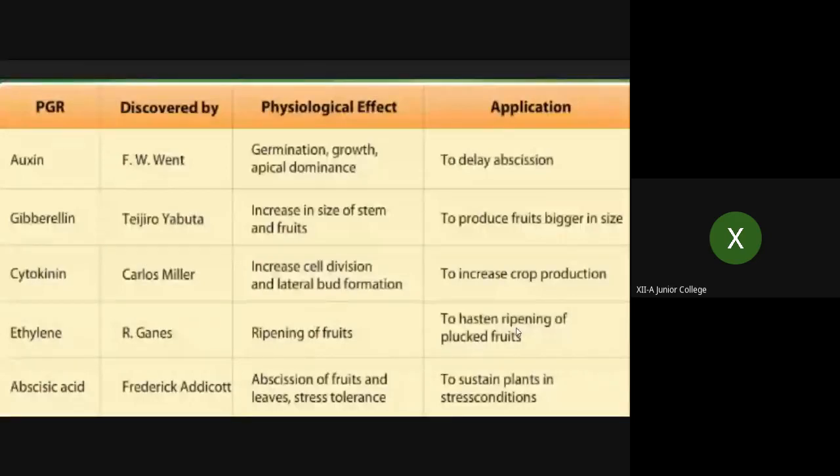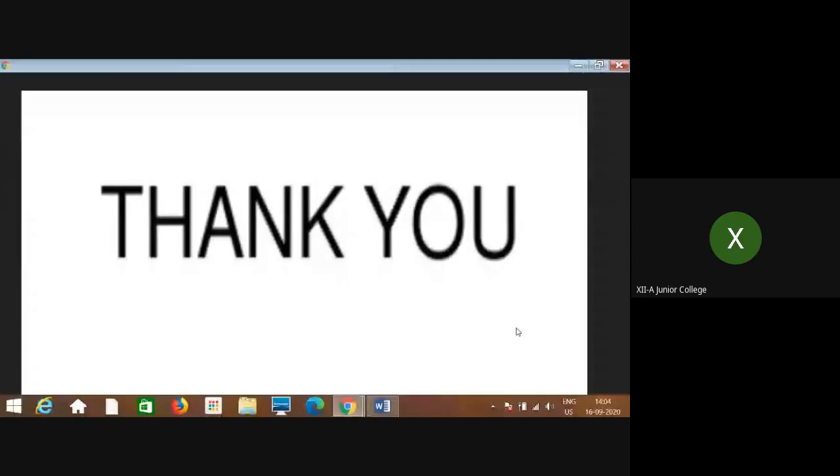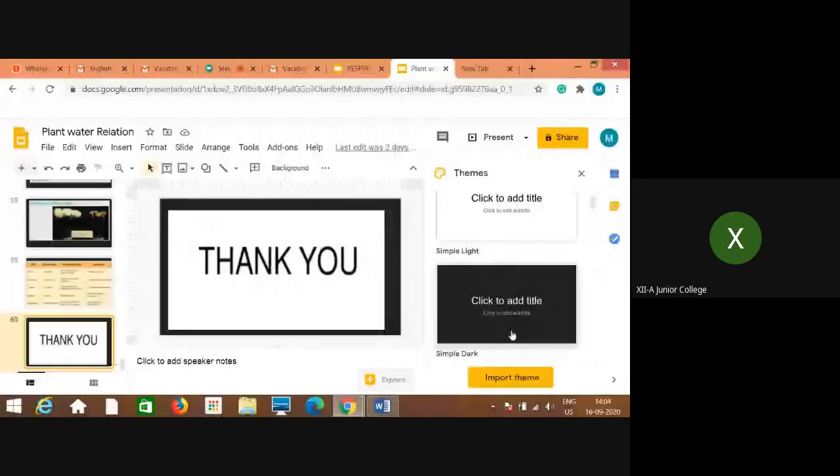Along with these main roles, all other roles are played by these regulators. So I took a little bit more time, but I did not want to keep some part pending, so that's why I continued. And as it is the last lecture, to some extent, I know you must be getting bored, but this is